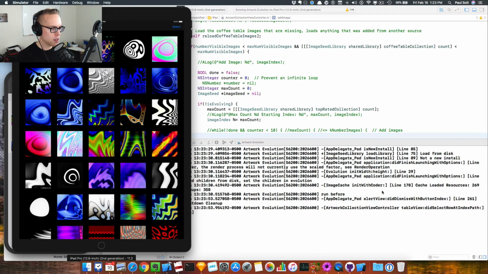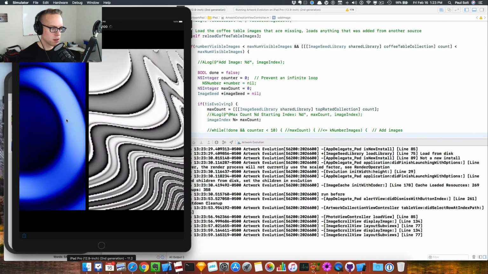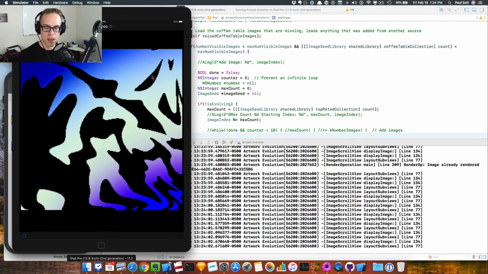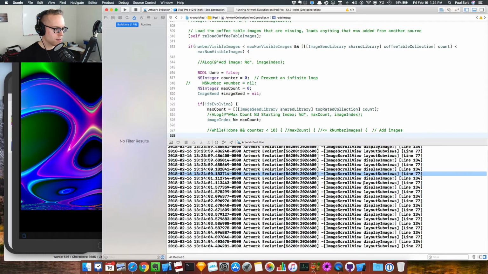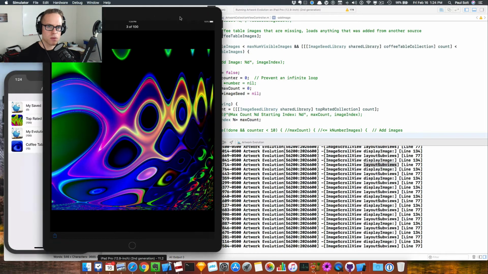All right, so we've added this. I've cut down a little bit on some of the amounts. Oh man, oh boy. There's a lot in the image scroll view. So you can see I've got a ton of statements that I don't care about anymore. All right, so I'll probably work on that a little bit more. Let's work on